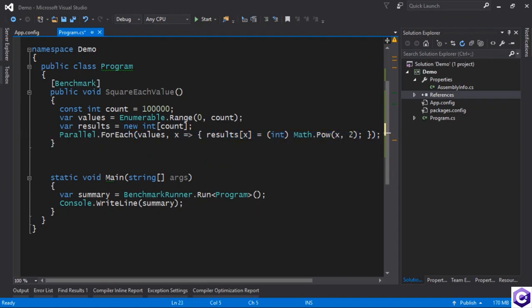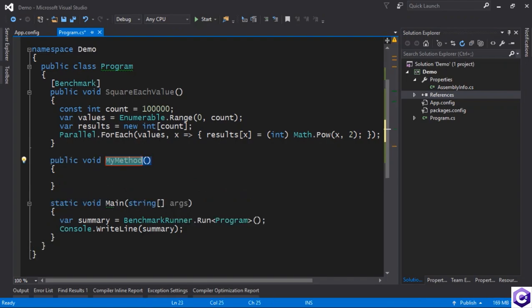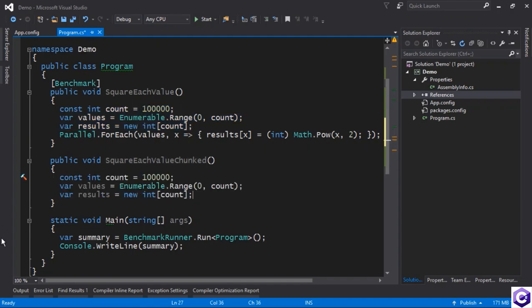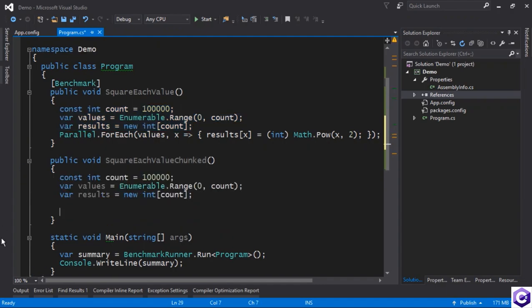So we're going to make another method called square each value chunked. So we're going to make chunks of the overall thing, and there is functionality in TPL for doing exactly that. So once again, I'll copy the first three declarations over here because we're operating on the same values. But then we're going to do something different. We're going to call